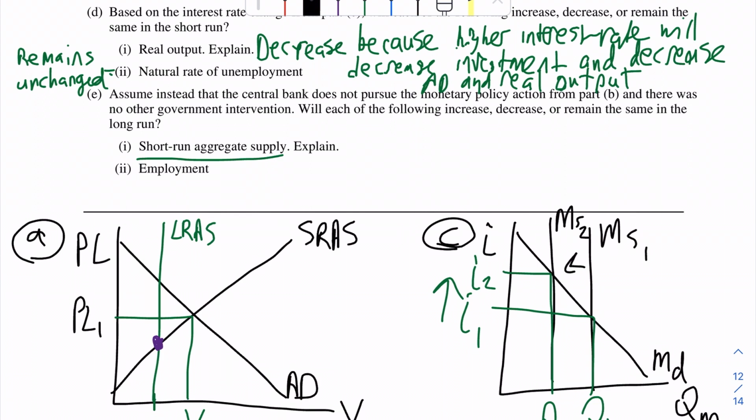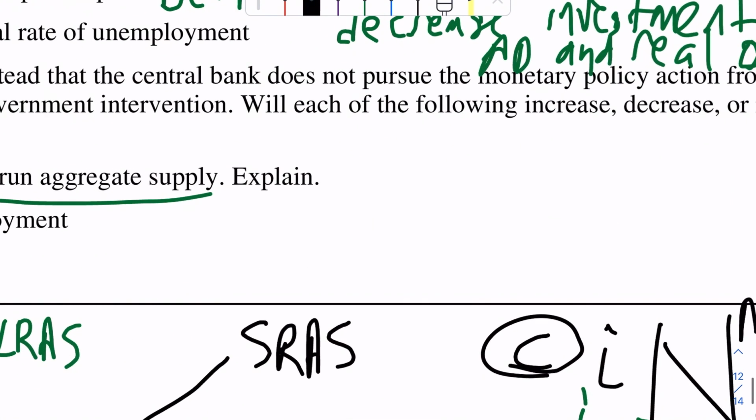What are wages? Wages are high because you have a lot of people working. If your wages are high and your input prices are high, what has to happen to the short run aggregate supply curve? Input prices up, wages up, supply down. So supply will decrease